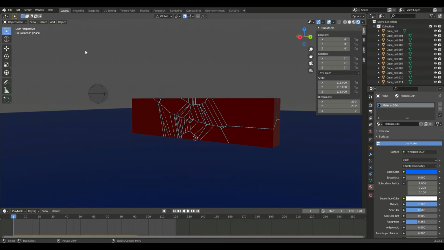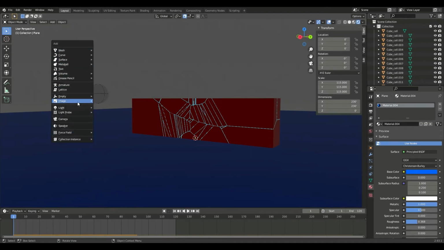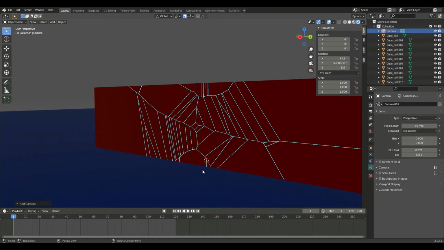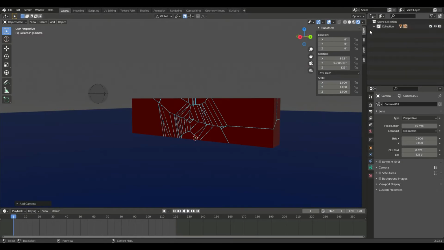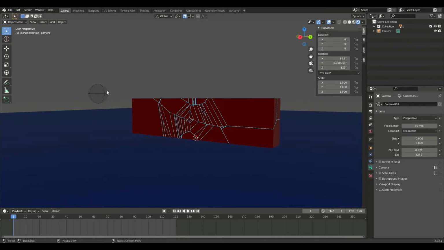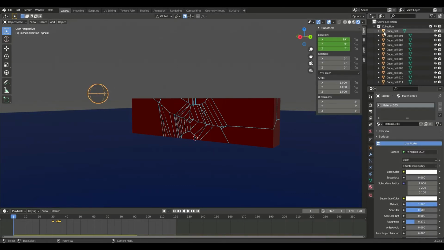So we're going to go Shift A and go down to camera. The camera is now in here. You just can't see it. It's inside of there. Gotta move this. Select it. Move the camera out of the collection. There. Okay. So let's get the ball.